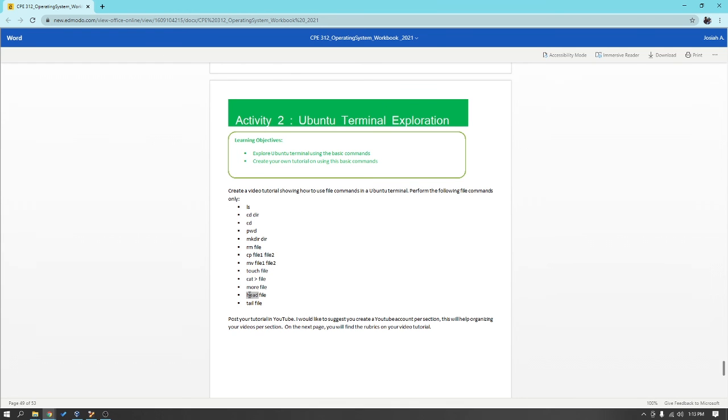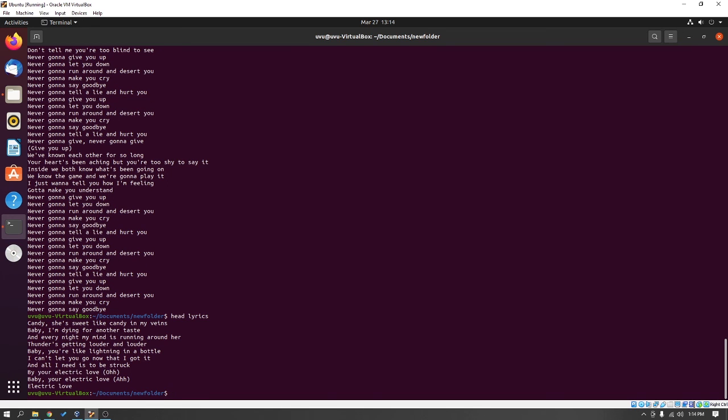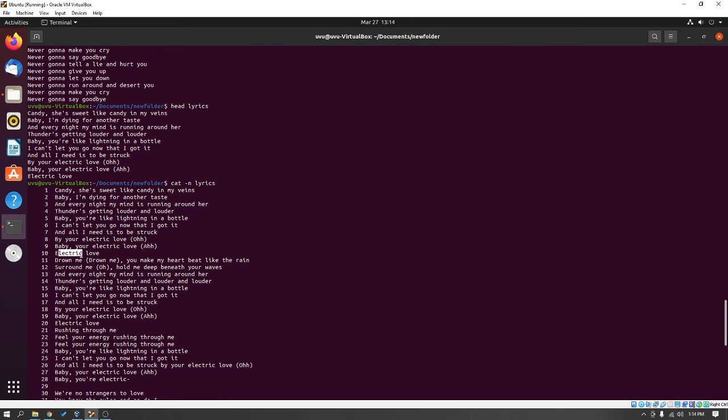Next we have the head, and the last would be the tail. So these two are fairly simple. If your file is long and you want to see some parts of the file but you don't want to see all of them, you can use head and then the name of your file, and we can see the first 10 lines of our lyrics. So as you can see, if we type in cat -n lyrics, from our first line up to the 10th line,